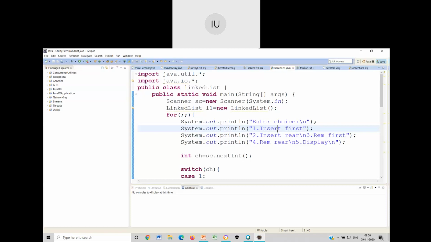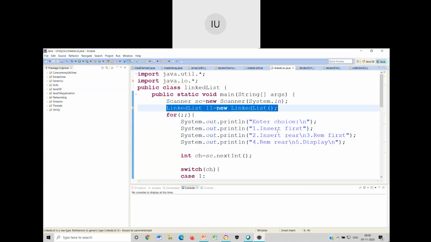Let me just go through the 4 important operations on linked list: insert at the front end, delete at the front end, remove from the rear end, remove from the front end. So we will take 4 basic things that are available. I have written a code in something like this. I think this code explanation is not so important for you because you have written it 100 times. The things that I have done, only that thing I will show you.